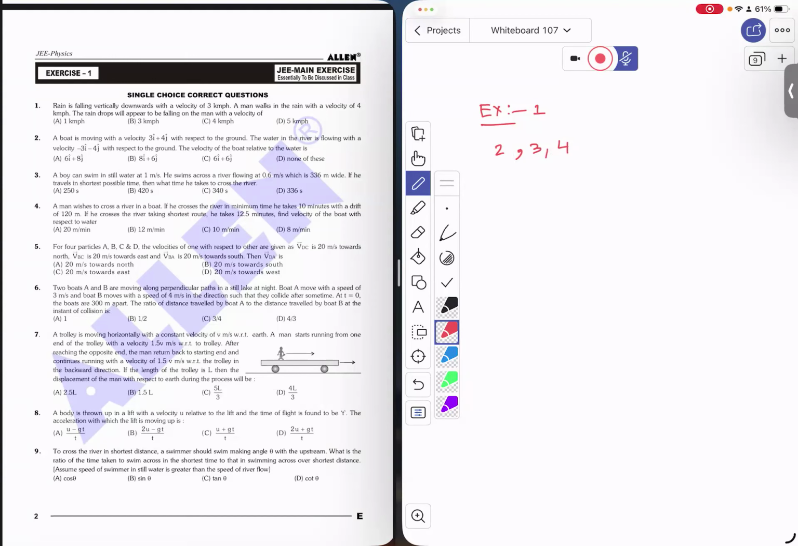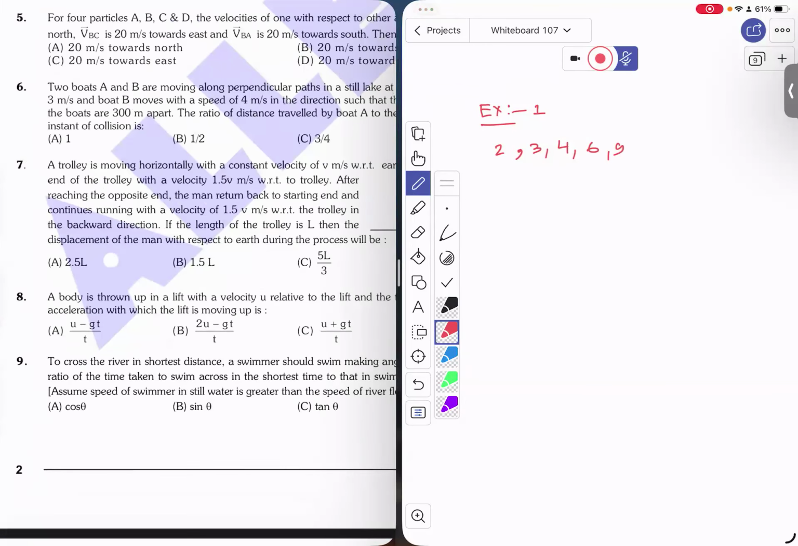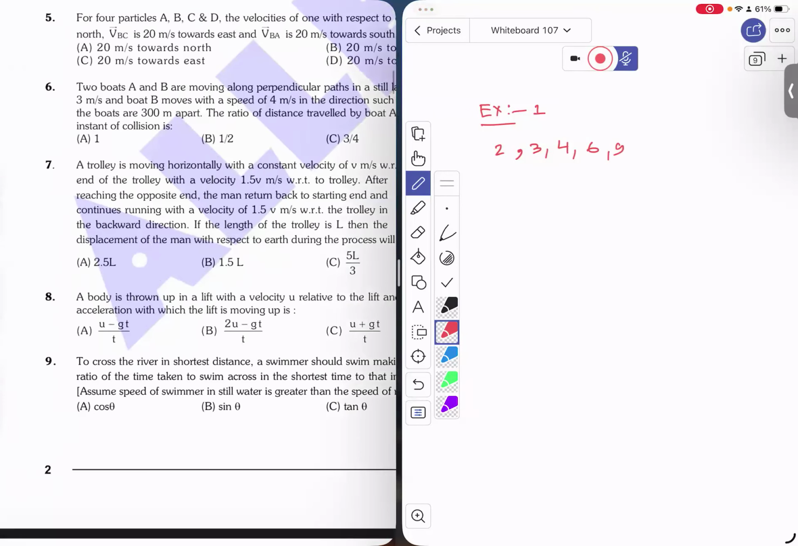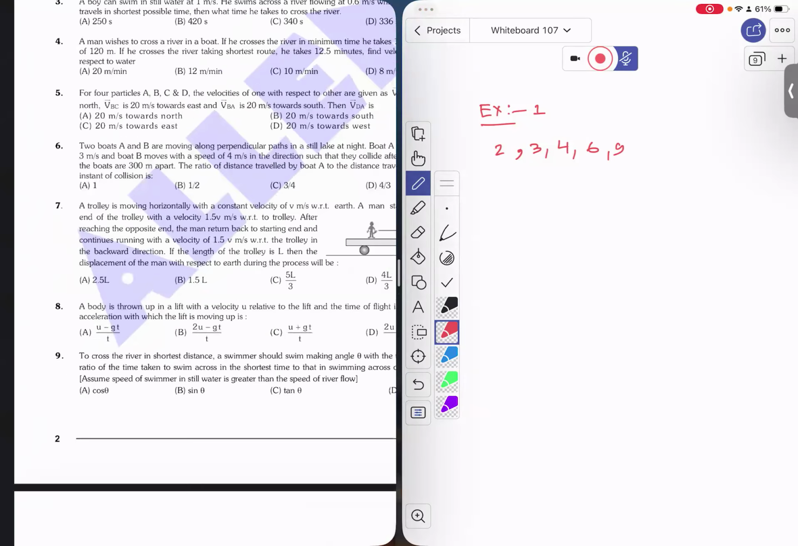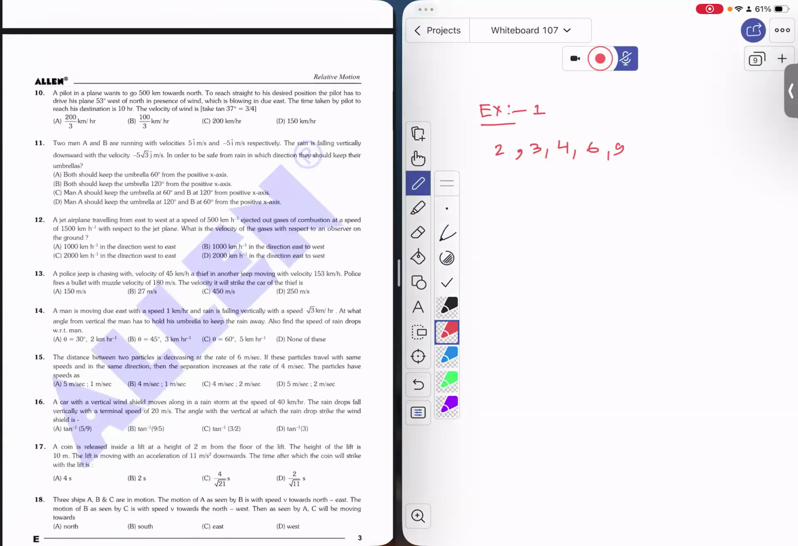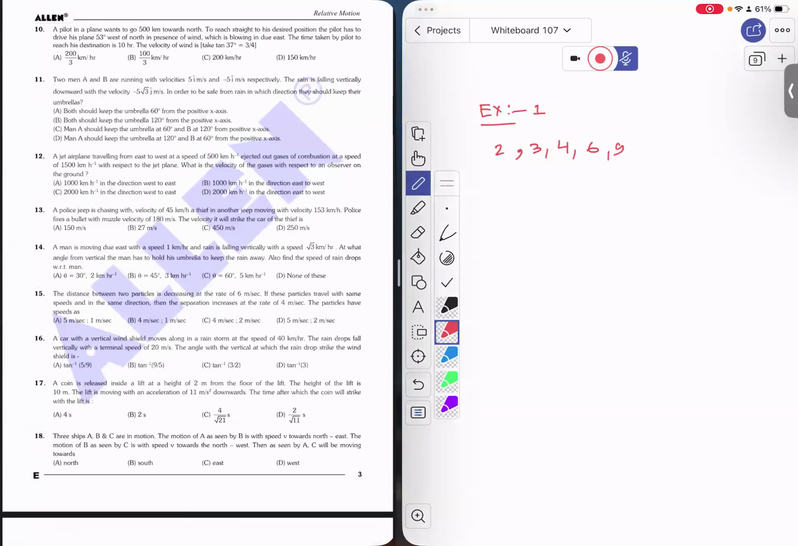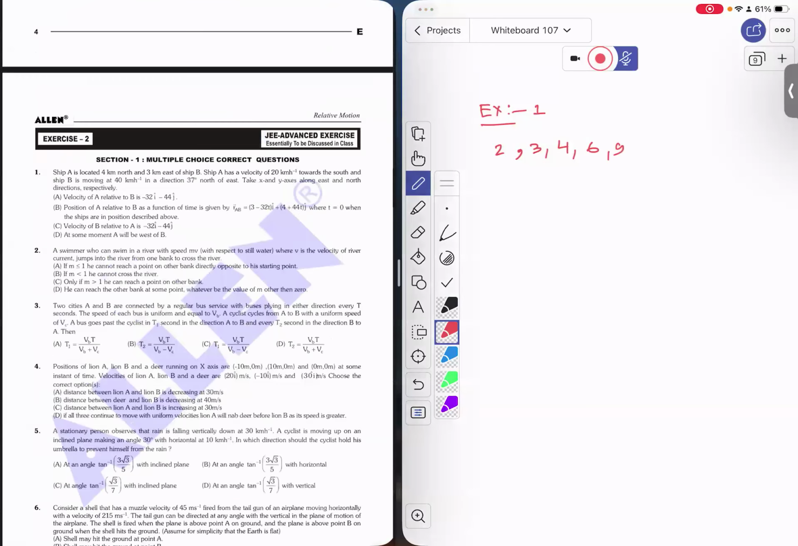So question number 2, 3, 4, 6, 9. See, it is told to cross the river in the shortest distance. So in every such question, it will be the case when you cross the river with zero drift. Then we have question numbers this much only in exercise 1. Exercise 2,